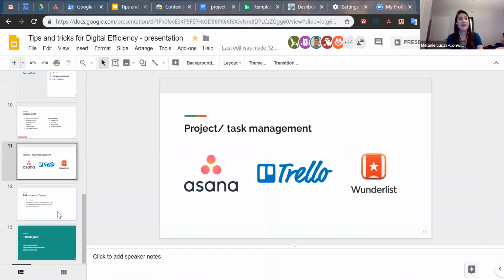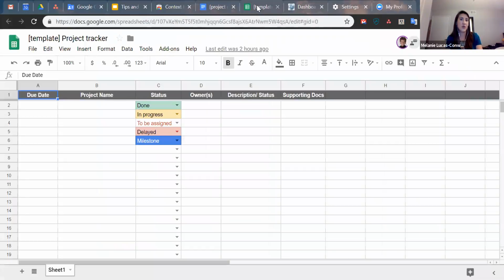So that's another tool with Google Docs. Another thing too, instead of using project or task management, is to use Google Spreadsheets. So for me, I'll use this in some projects at times, and you can easily use this template if you like it,